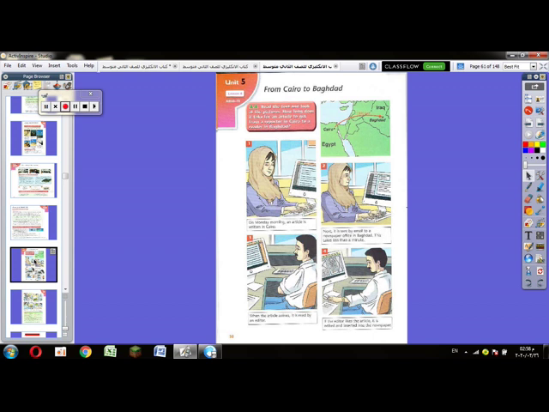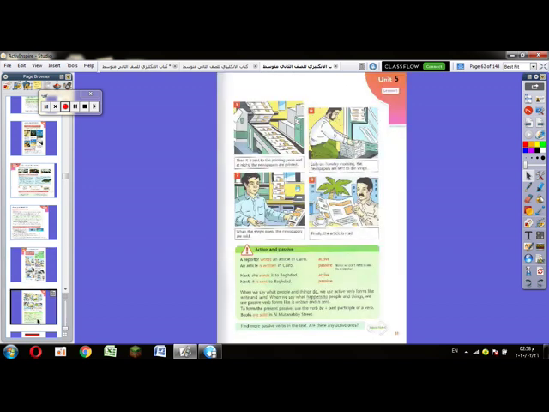Present passive tense is here. In lesson 4,